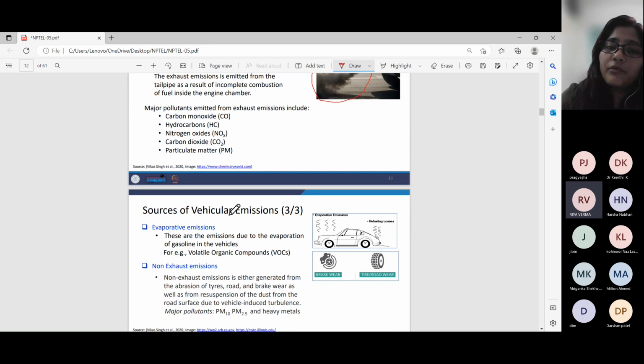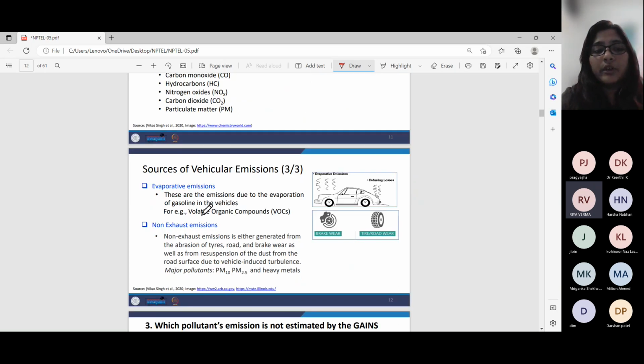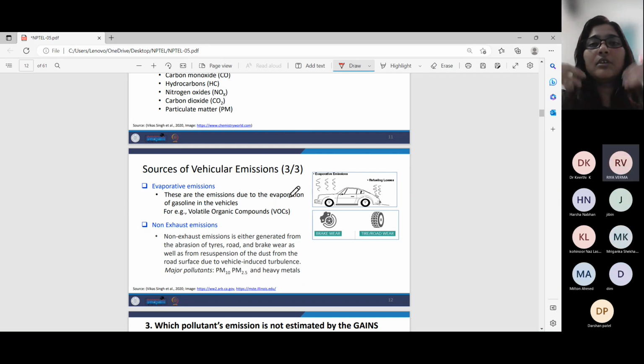Then the sources of vehicular emissions. These are evaporative emissions due to evaporation of gasoline in the vehicles, as explained. For example, VOCs and hydrocarbons are evaporative emissions. And then there are non-exhaust emissions. Basically, these are due to the friction, that abrasion that is occurring between your